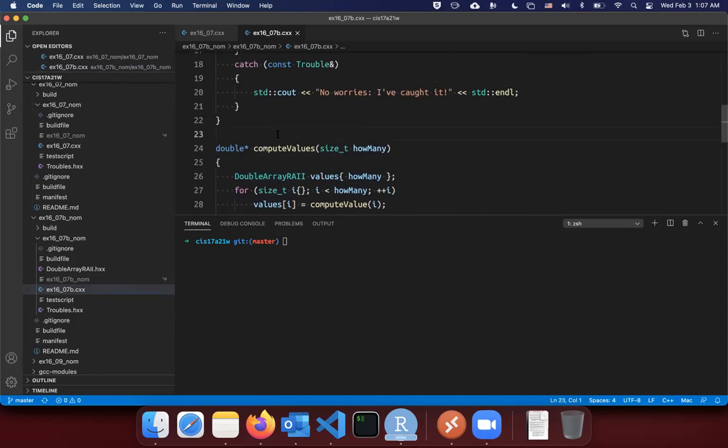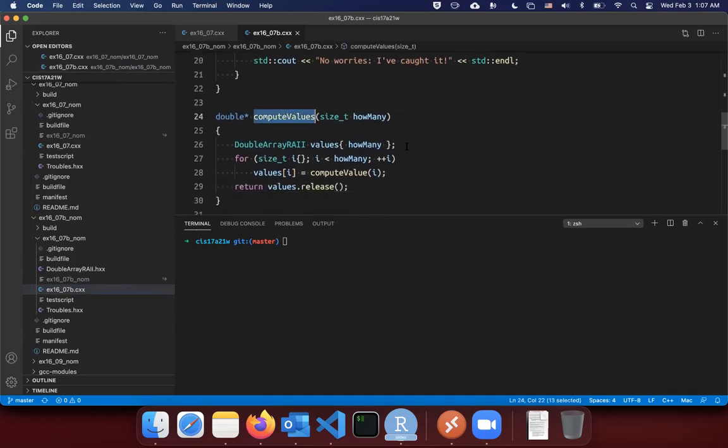So what this is saying is that for values here, instead of using the new operator, we're going to make this a RAII-powered array, right? Because essentially you're creating an array. Think of this as like we have a standard array and pointer. Of course, you want to use that instead of your own thing. But again, this is kind of the idea. This double array RAII,